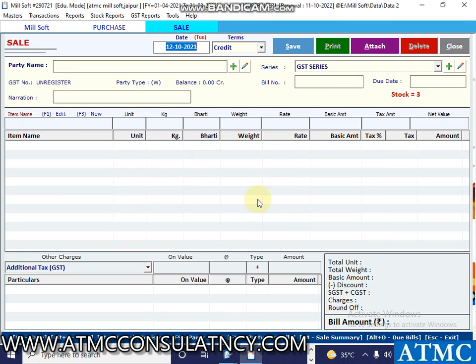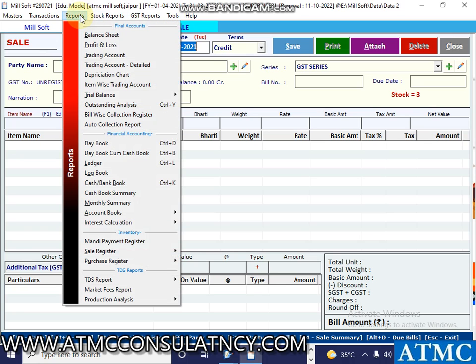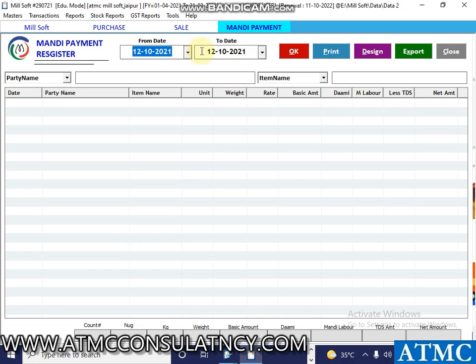So this is how the main features of the software work. So if you want to generate reports, there are n number of reports. So to do that, click upon report section, and you can go to Monday payment register and enter the details, and it will show you the amount that has to be paid, that has been paid. Anything related to the payment could be seen upon here.